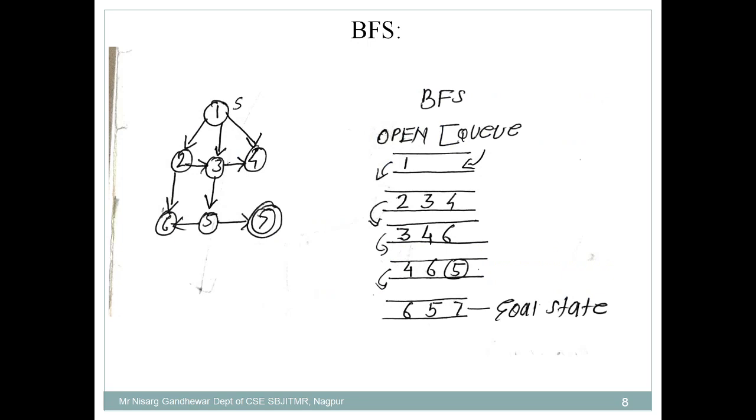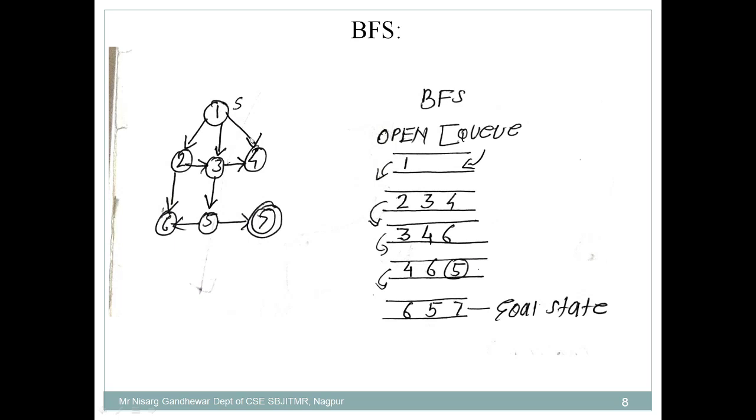Now let's take an example to understand this. Don't worry, I'll explain this, and I'll go with an example also. This is one of the graphs that you can consider. In order to understand this, you can consider either a tree or a graph, but here I consider a graph. As you know, BFS will make use of a queue, and how does a queue work? First in, first out. In case of a queue, you add the elements from one end and take out the elements from the other end. So the very first thing you have to do in the queue: which node is considered first? You have considered 1.